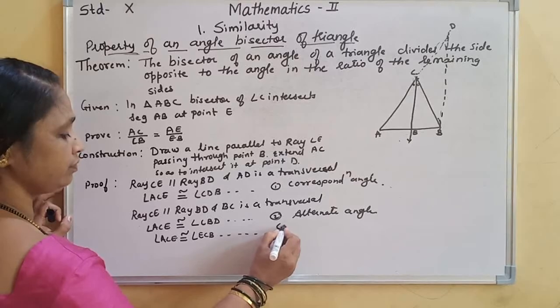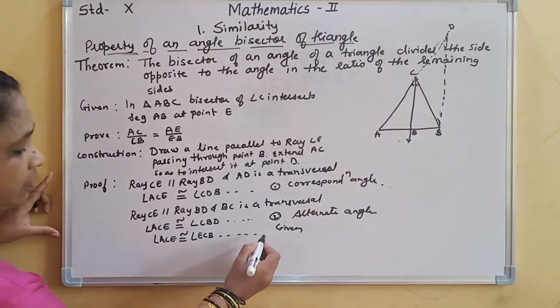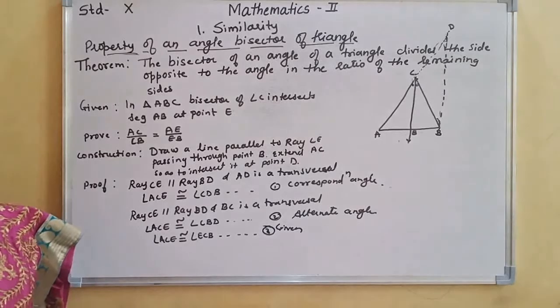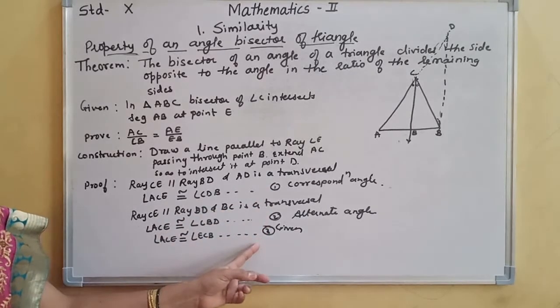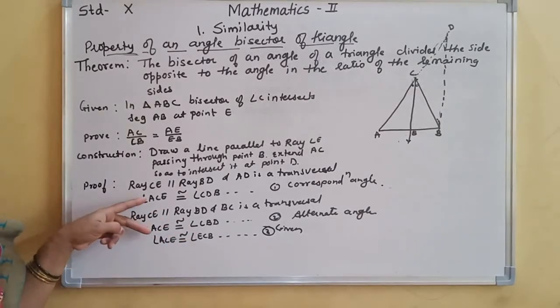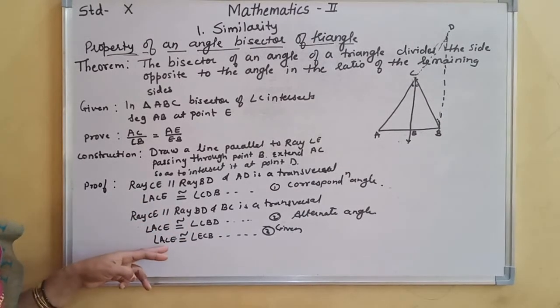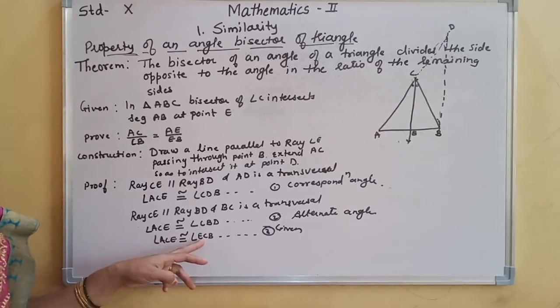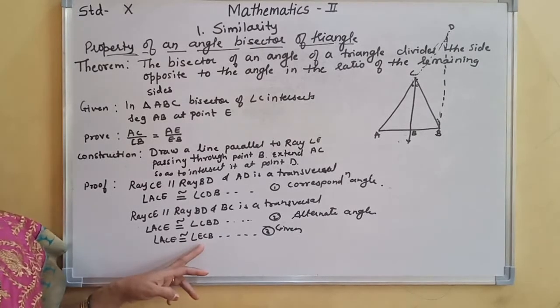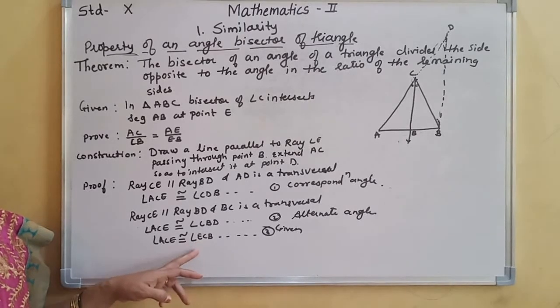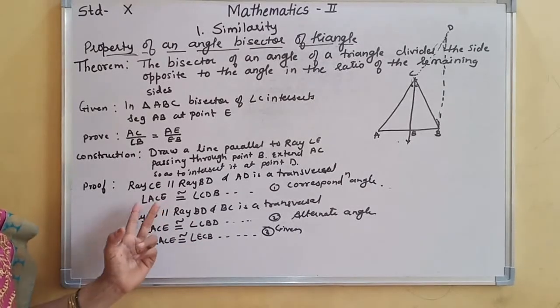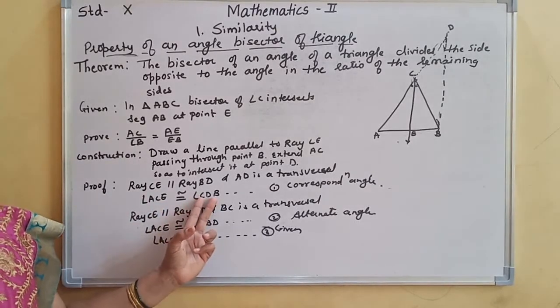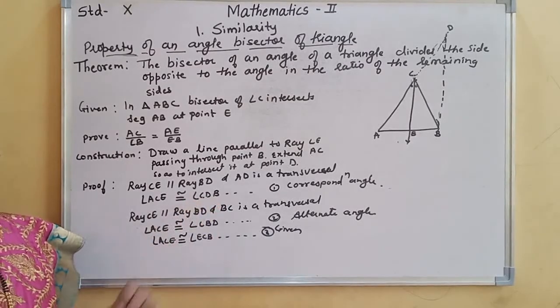It is given. Now this we will consider as 3. From this we can consider 1, 2 and 3. Now see here, AC is equal to AC. But AC is equal to what? They have said it is angle ECB, and AC is equal to angle CDB. These are congruent, that is, corresponding angles.